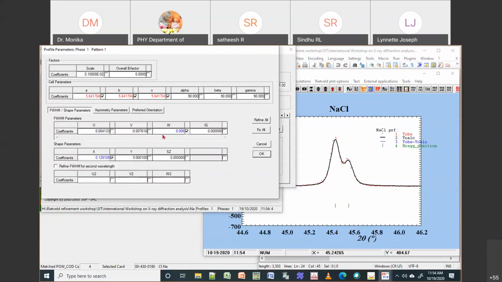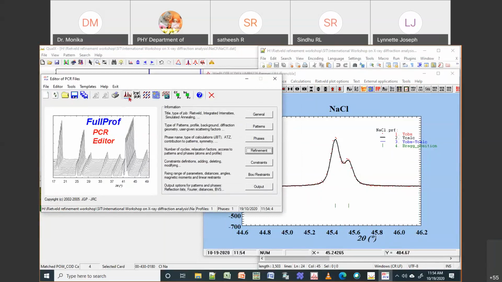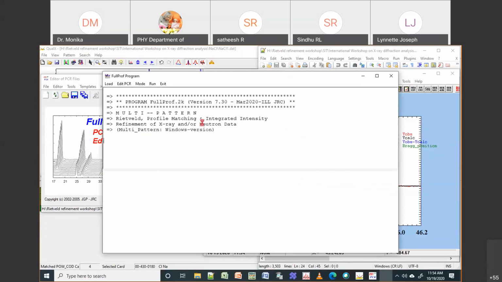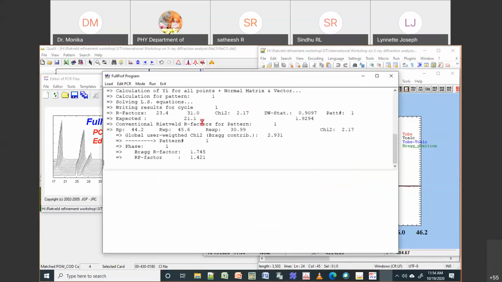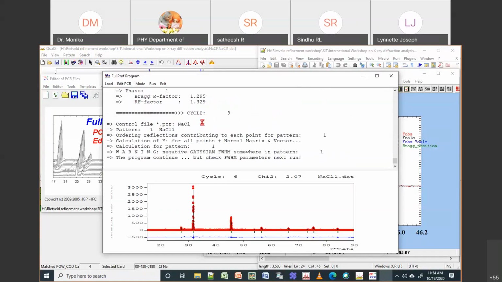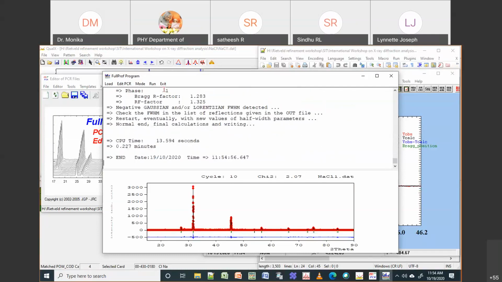Okay, so if you are using Thompson, don't do U and V, do only W and X and Y. Okay, so this is again trial and error. So sometimes it depends on the sample, you need to do different kinds of refinement. Okay, so let me see how it goes. So this 2.11 somewhat okay, not big. So it is fine. Okay, so 2.07 is fine for now,